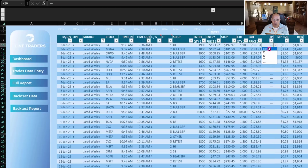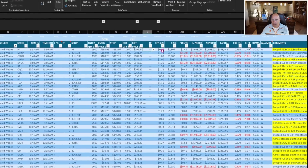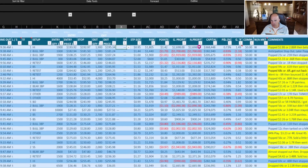All right. If you think you mostly followed your plan, maybe it's 75%. If you followed it to the letter of the law, maybe it's 100%. Okay. Again, I just leave it blank. Stop loss size, this is auto calculated. So everything after trading plan